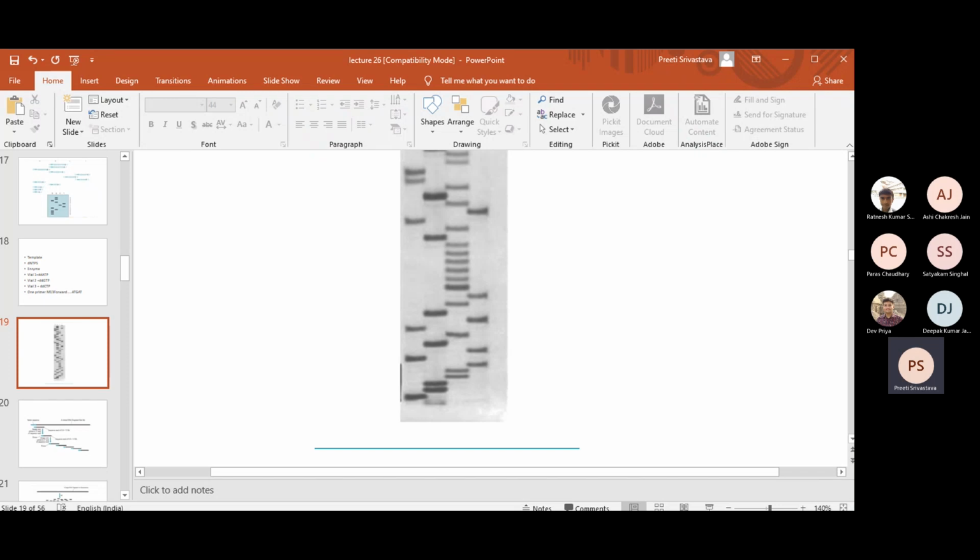Anybody else would like to try? Let me see who else is there. Yes, ma'am, Deepak can try. Ashi, would you like to try? Dev Priya is there. Ma'am, it will be AGAATTC. Hold on, Deepak. Let others also try. Ma'am, after what Deepak has said or from the start? After Deepak. Just a second. I guess he left at A. So after A, it's T, C, T, T, T, T, T, T.